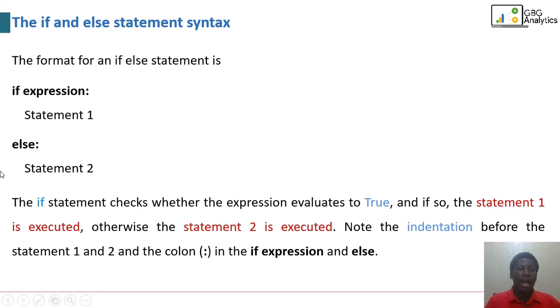So it also has indentation, as you can see. You will see how we will use this when we get to the lab session. Whenever you are making use of if-else, you also must make sure that there is a colon, as you can see, a colon in the body of if, and also a colon in the else statement or